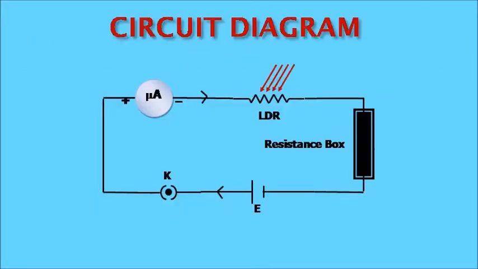Now let us see the circuit diagram involved in this activity. As the figure shows, we have an LDR, a microammeter, a resistance box and a source of EMF in the circuit along with a key. The arrow shows the light falling on the LDR. The resistance box is used to control the current in the circuit, which is to be read by the microammeter. Its value is kept constant just to keep the reading within the scale. We'll put a small supply voltage and perform this activity to see the role of light intensity falling on the LDR.